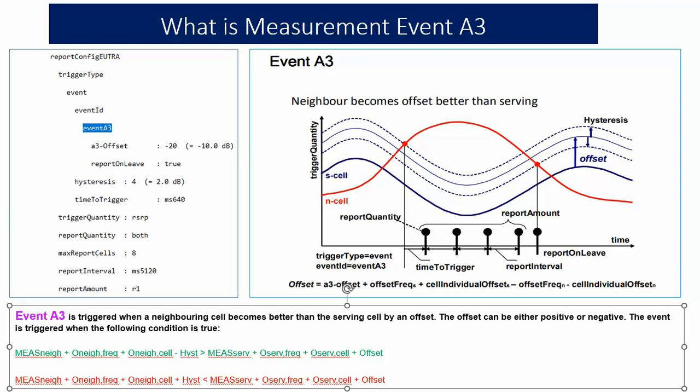And when the condition written in red color is met, at that time the network will cancel event A3. So the conclusion is we need to understand the offset, because everybody says, and it's a misconception, that the neighbor cell becomes better than the serving cell. No, it's better than the serving cell by an offset, and not only the offset, we also consider hysteresis during handover. Hysteresis is used to reduce